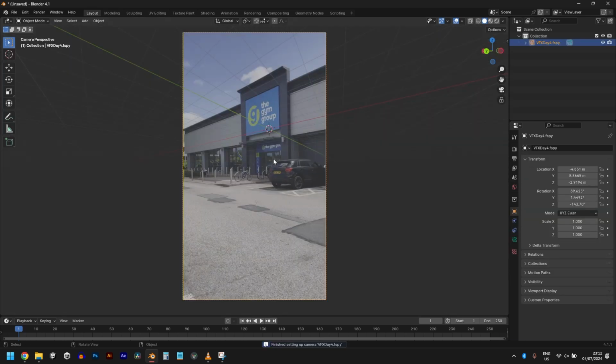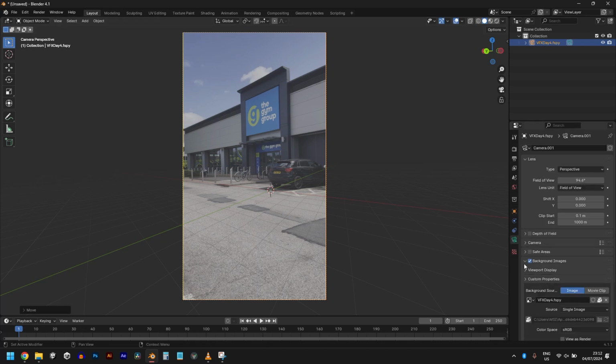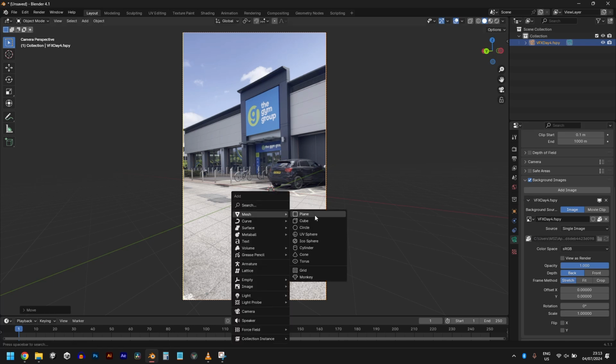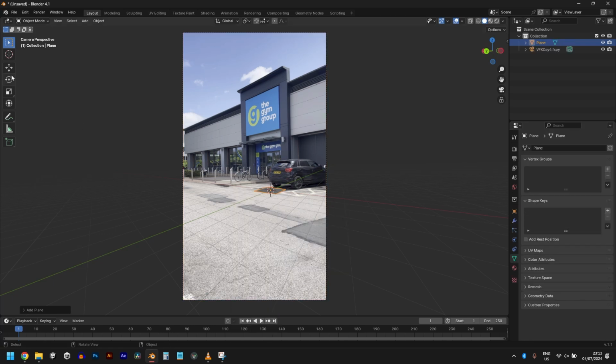Now we have opened the document. GZ to raise this up so we can see our grid. I feel like we have done this so many times. Go to background images so we can see it properly. Now let's just add a plane. Let's scale it on the y-axis